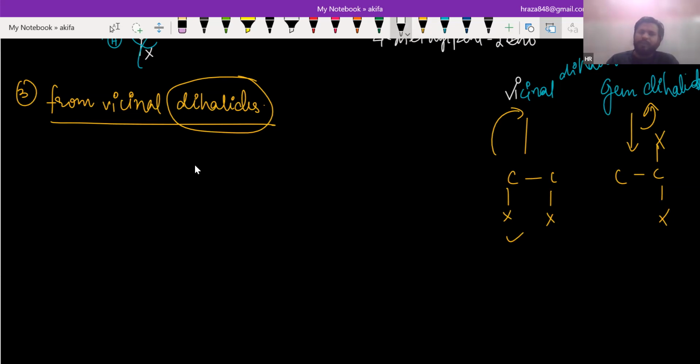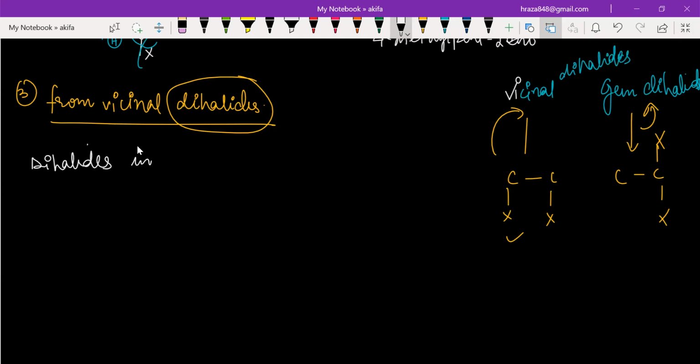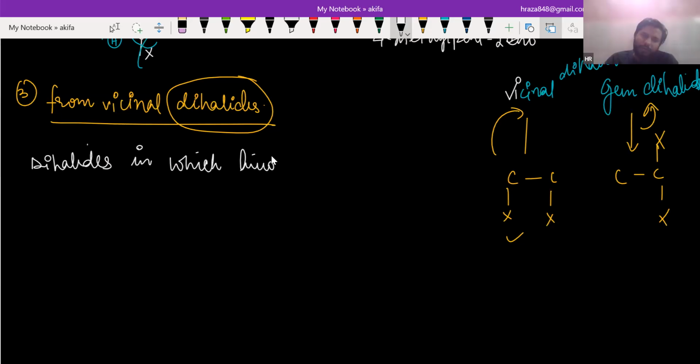So how do we prepare alkene from vicinal dihalide? Basically, this is dehalogenation. This reaction is known as dehalogenation. So I'm going to write a point. Write with me. Dihalides in which two atoms are attached